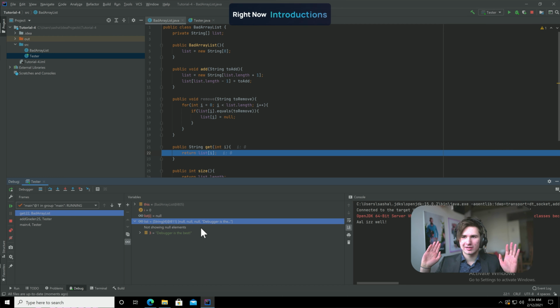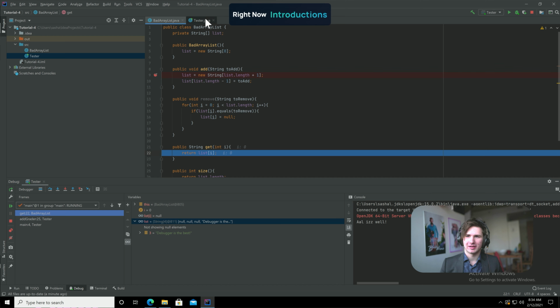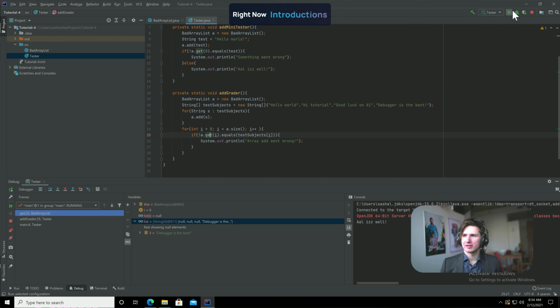So why is this happening? Well, since stuff is not getting properly added, we can see that although we're testing whether stuff is there, stuff is not properly added. So only the last thing is actually in our array list. Let's find out why. We can run the debugger again, but this time we can just put a breakpoint on the add method. We don't have to put a breakpoint here. We can just run it like this with the debugger,